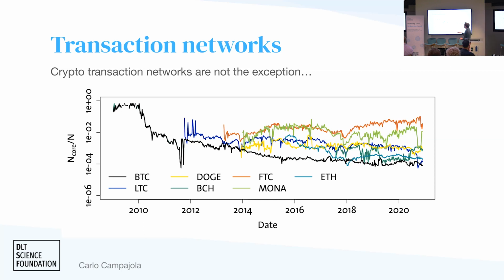Right, so the cool thing to see, as I was saying, is that if you look at Bitcoin, for instance, here, it started as very, very decentralized. Basically, there is no distinction between a node that is in the core and a node that is in the periphery. It's very hard to distinguish them, and basically that's a 50-50 share. After 1 year, it started declining, and that's when Bitcoin started to grow quite a lot, actually.